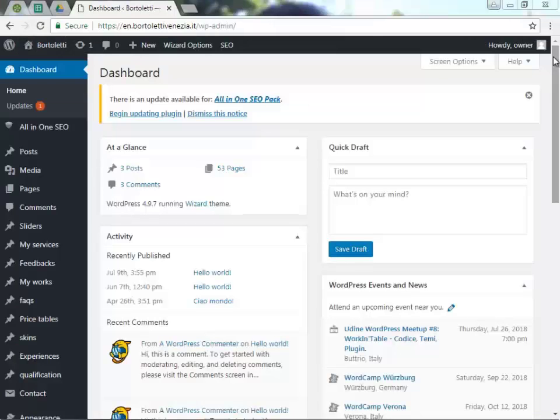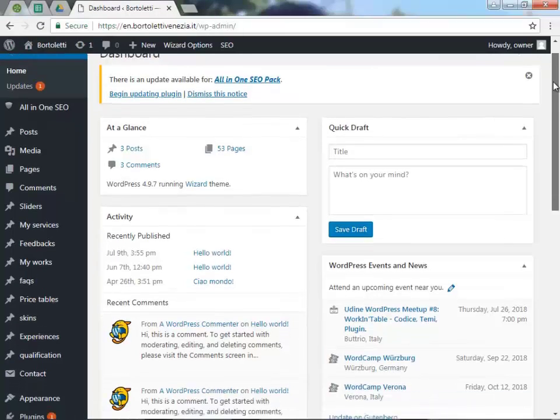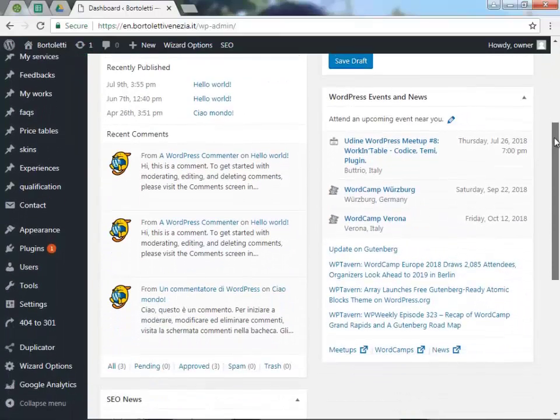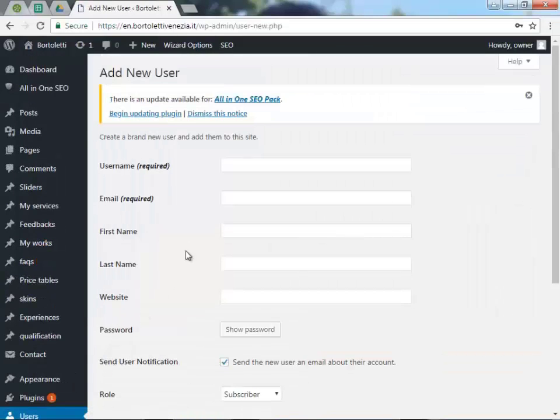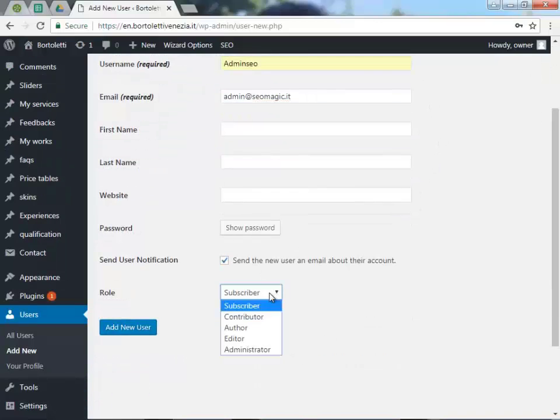So creating this is very simple. We enter the administration dashboard of WordPress and look for the Users item on the left. There you click Add New, as I'm doing now, and simply enter the name of this new admin, attaching it to an email, as I'm doing right now. To be sure that we give it the same privileges as an administrator, click here, choose Administrator, and then